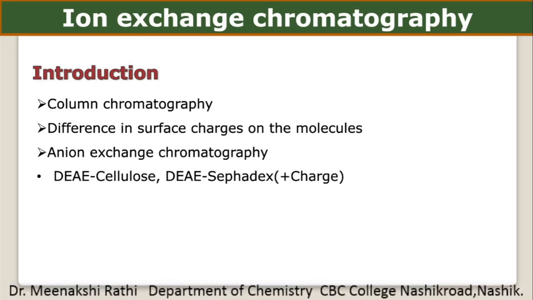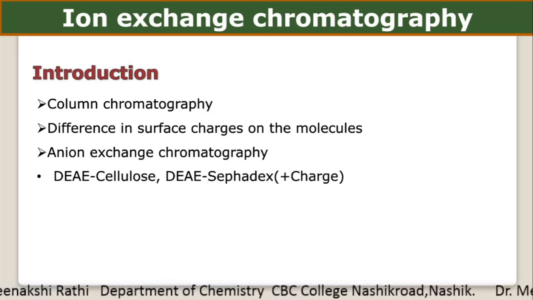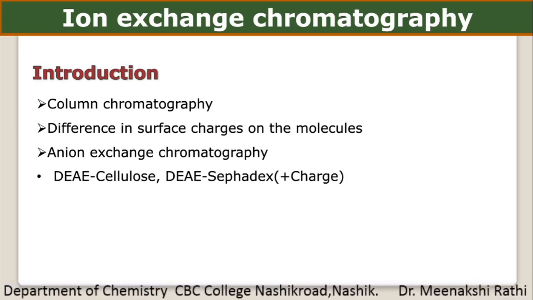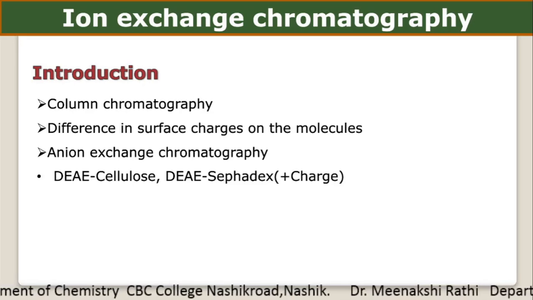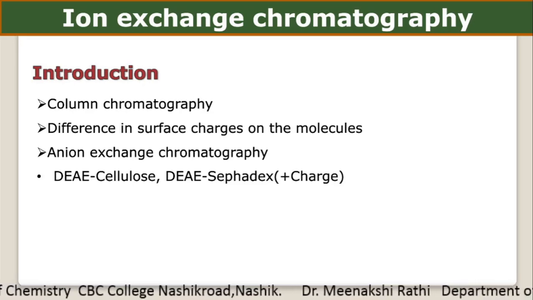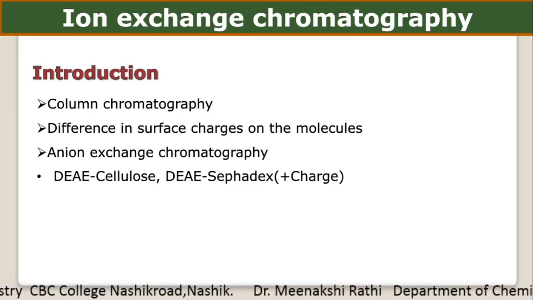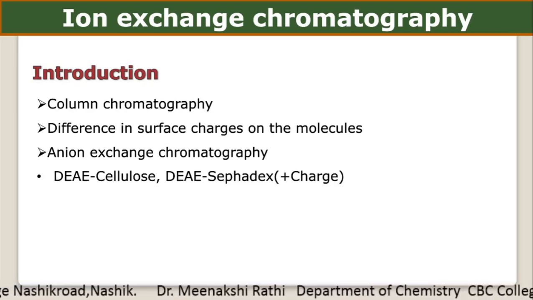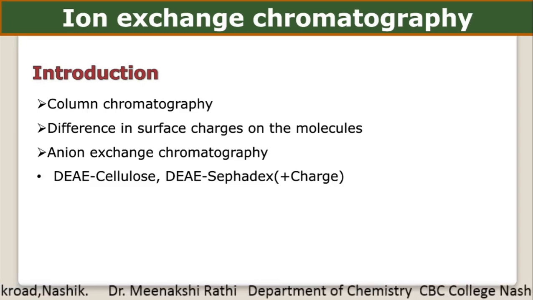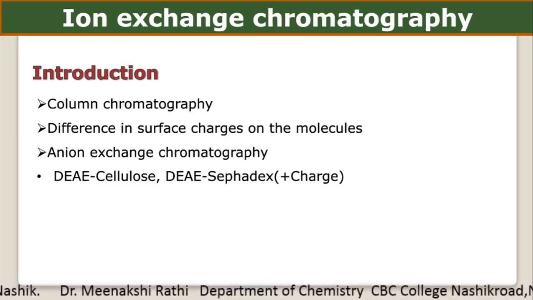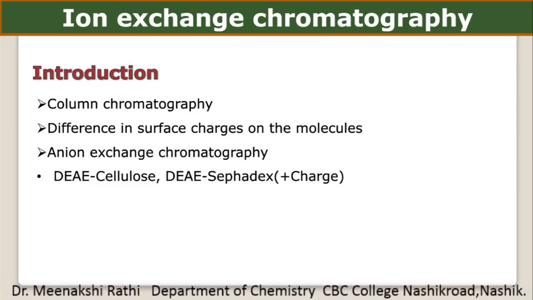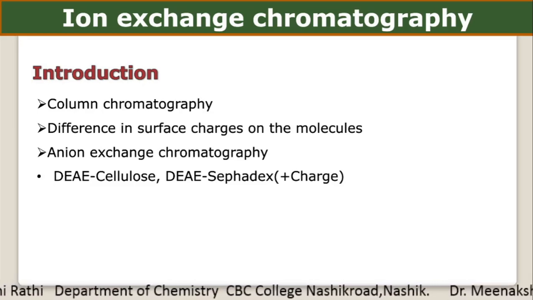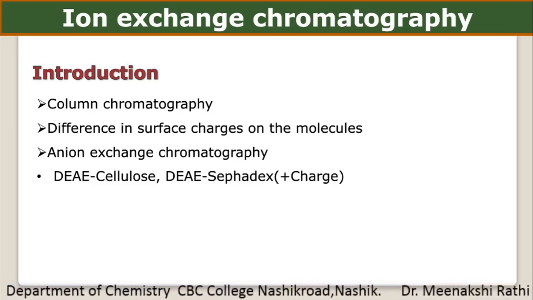For this process, DEAE cellulose and DEAE Sephadex are used. DEAE is diethylaminoethyl, and these are positively charged compounds. These are used as a column for the separation of anionic proteins, because these positively charged columns can attract anions